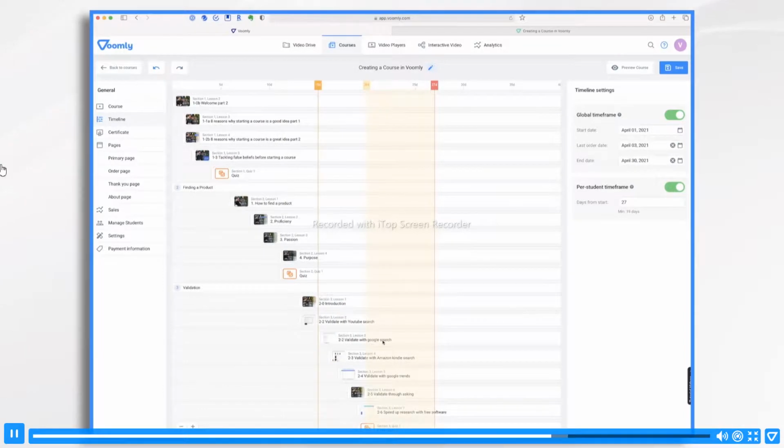And now that I've adjusted my course and taken into account this ending period here, my students have plenty of time to complete the course in the prescribed amount of days and the global time frame. Next, I'd like to show you what happens with these different time frames from a student's perspective. So over here,